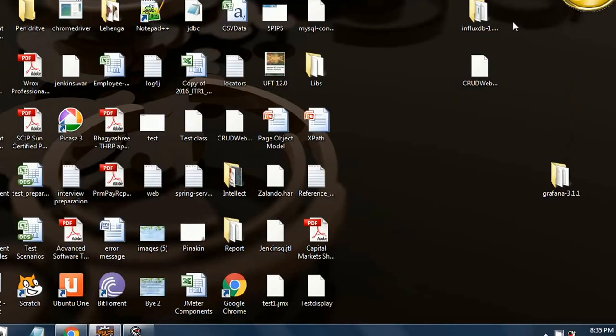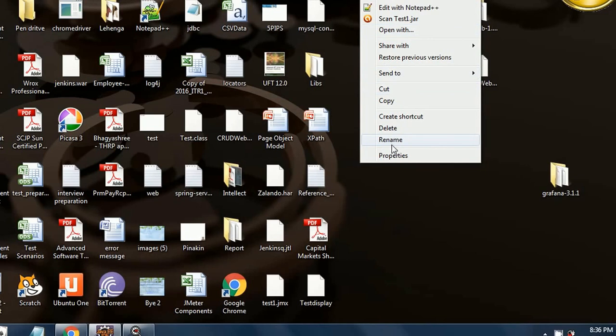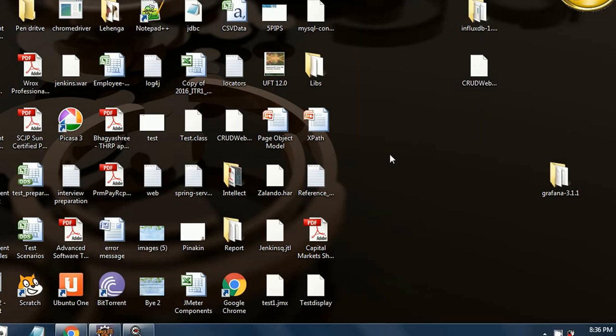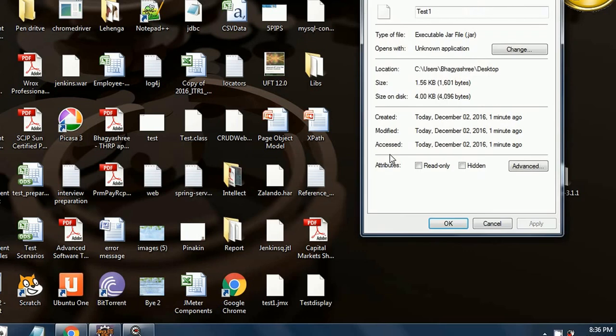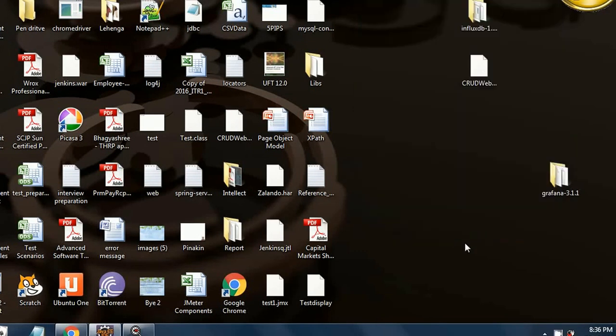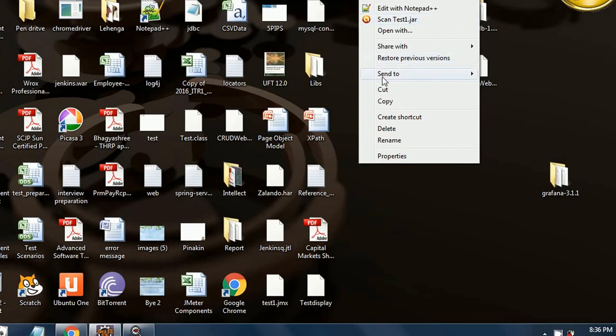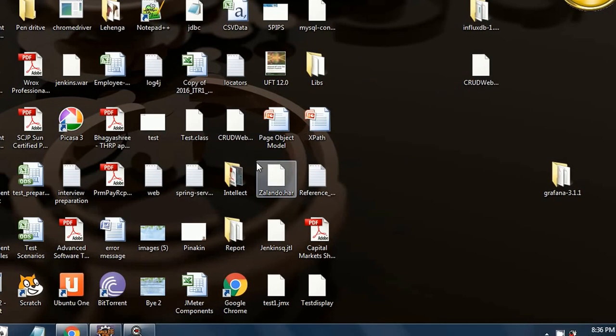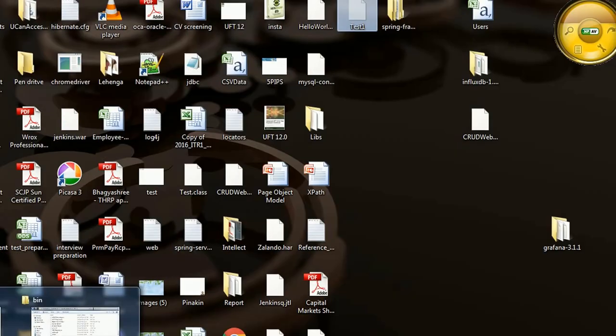So just minimize it and see whether our file is there. It is there. Just verify the timestamp on the file properties. So you will come to know that it's the same file that we had used to create the program. It's 1 minute ago, so it's the same file. So just in case, this is a cross verification. So once you have taken this, you just cut or copy, it's one and the same thing. I usually cut it to avoid